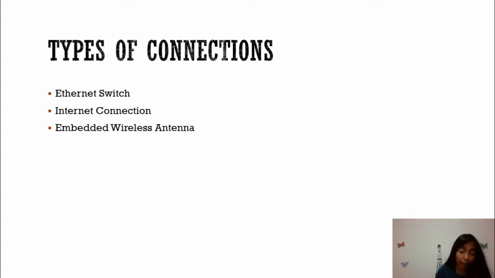For the Ethernet switch, there is a 4 cable, and for the internet connection we have 1 cable, and there is an embedded wireless antenna, but some of